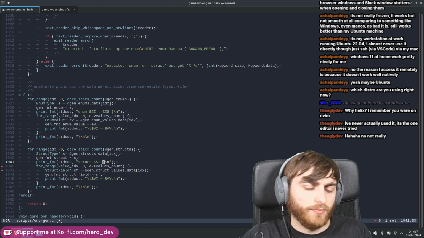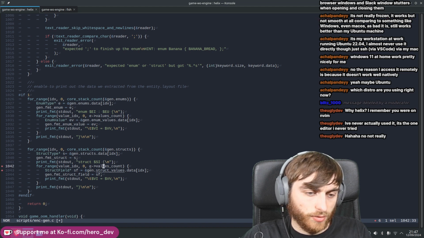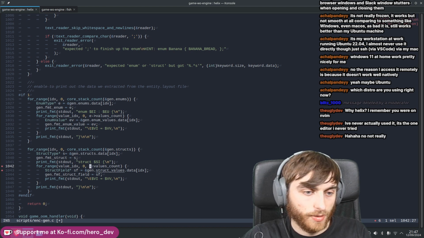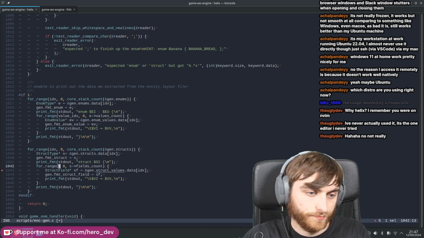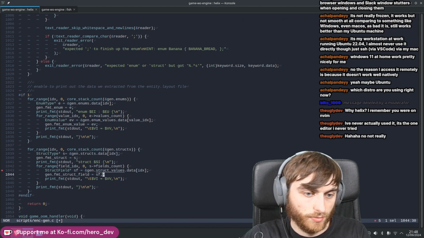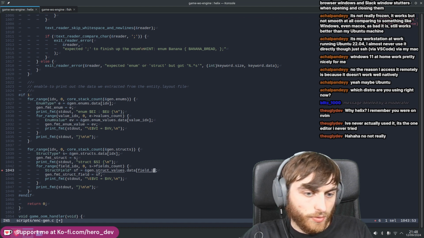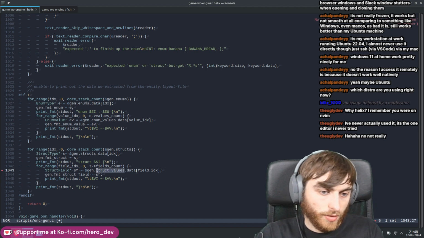We don't really have the extra flags printed there though, not gonna lie. We should do that. S, the field count. Ooh, found myself a bug. Field index followed by